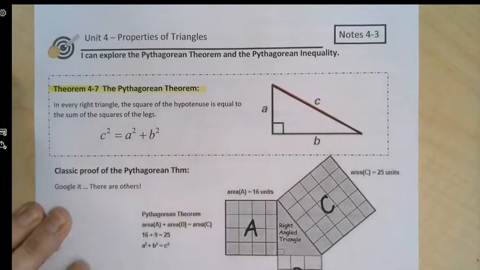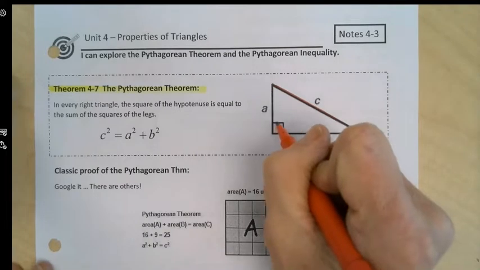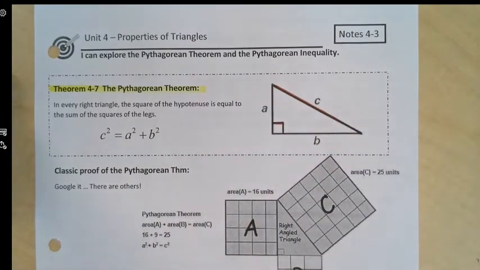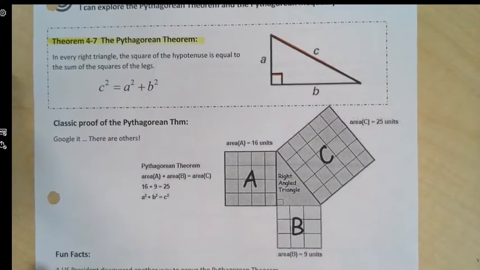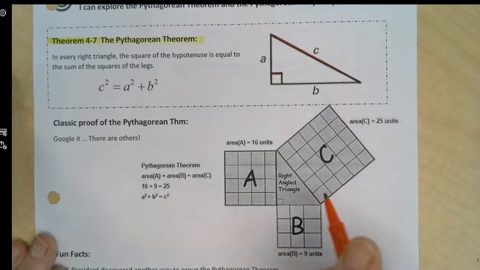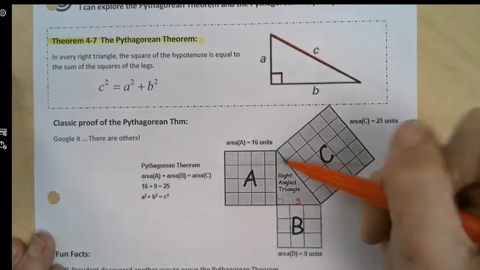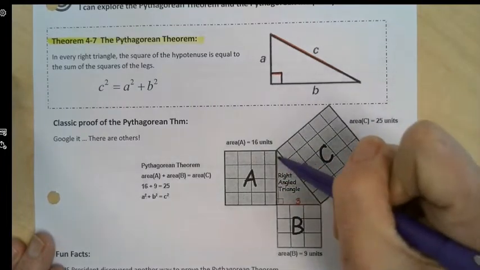The Egyptians were using this idea to build their pyramids and such. But what Pythagoras basically did was he was so into studying the number patterns. This is a very famous right triangle proof, where if you have a side that is 3 units and you have a side that is 4 units,